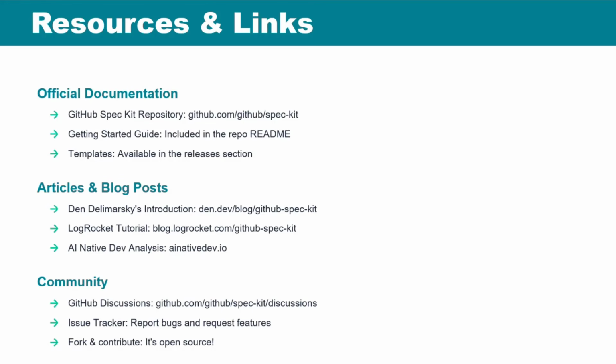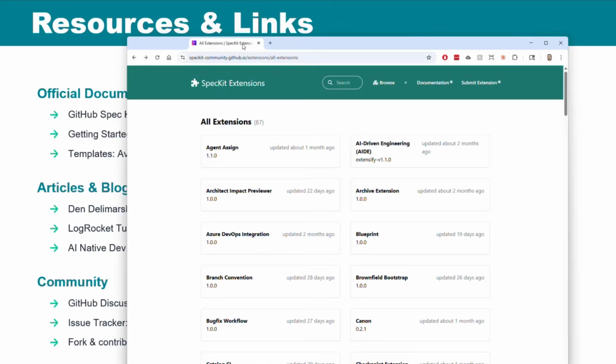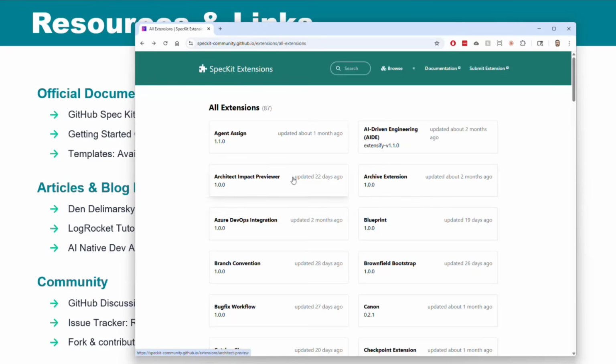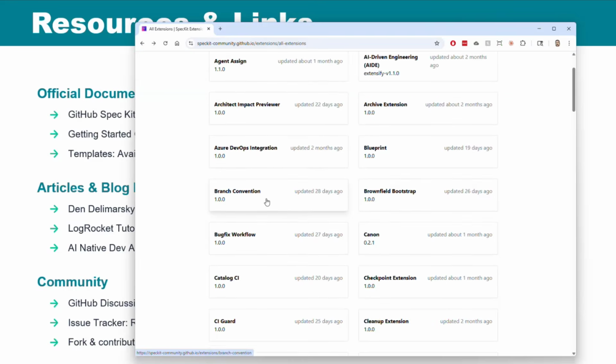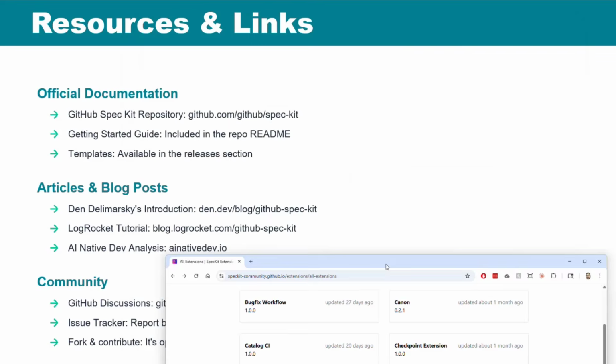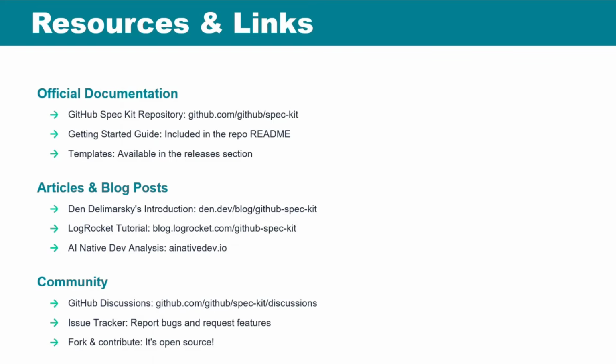There's not really anything out of the box to sync with an existing set of documentation. There are community extensions here that people have added for Azure DevOps and Jira and a couple of the other documentation things. I haven't played around with any of them, so I don't know if there's a way to make use of those to give it a starting point as far as existing documentation goes. I have not made any attempts to do so, so I can't really speak to that one way or the other.